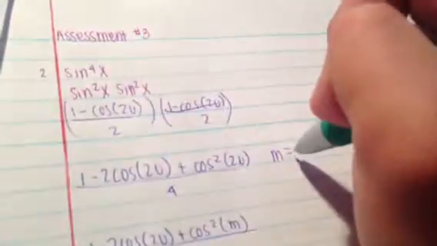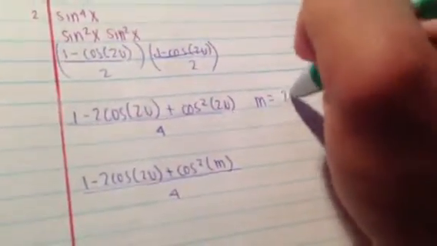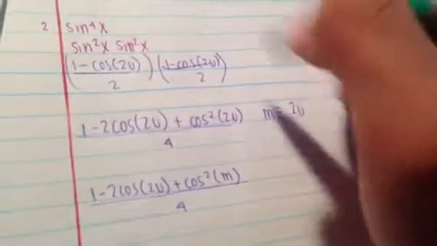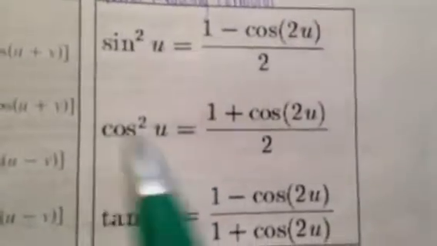Keep in mind that m does equal 2u. Remember, even though I used u here, it's still the same as x. So if you notice, cosine squared m is also another power reducing formula that you can replace it with. So you get 1 plus cosine 2u over 2. So now you would have 1 minus 2 cosine 2u plus 1 plus cosine of 2u over 2